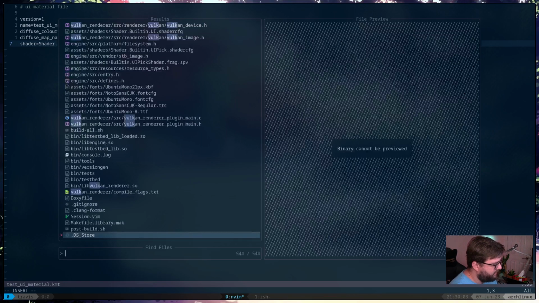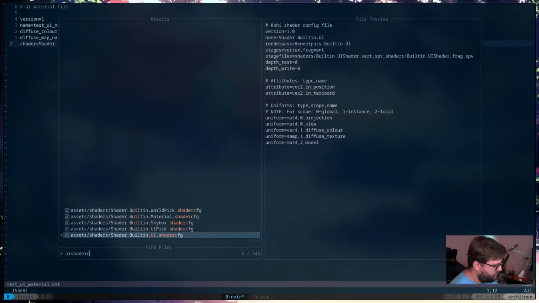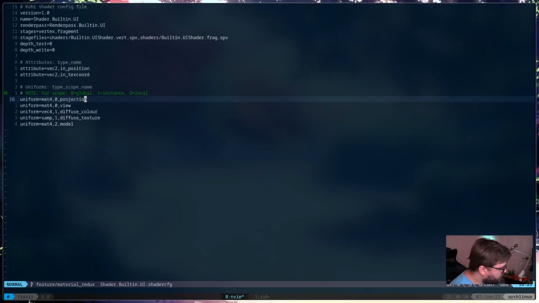I want the shader config. So these are the only uniforms we have. It's these guys right here. So like shininess doesn't even make sense to be applied for this. No wonder it's coming back foobar.